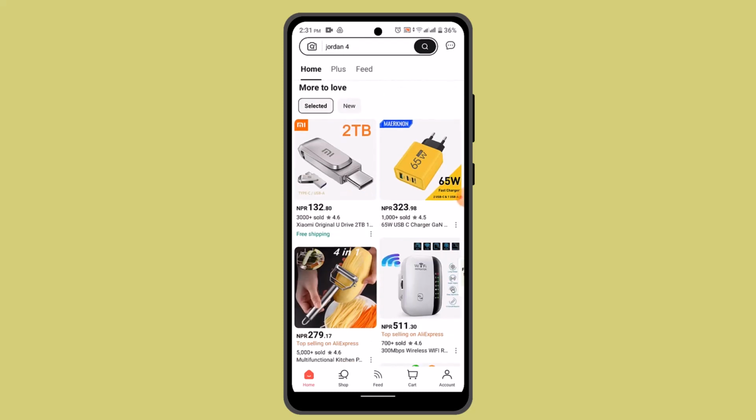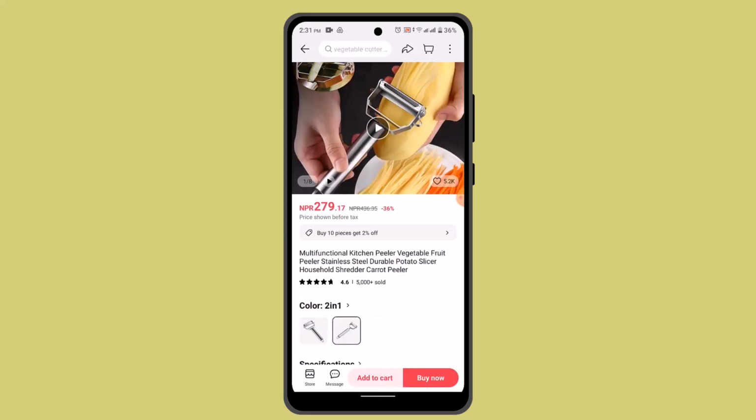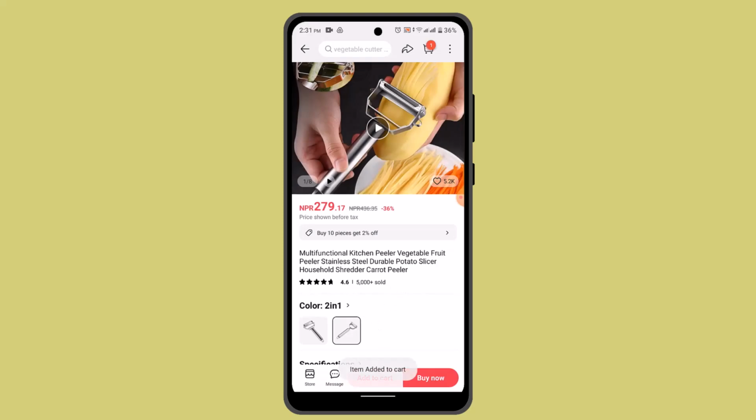Now first thing, you can just go ahead and select the product and add it to your cart. In my case, I'm just going to select the following product and click on add to cart. Go ahead and select the price, quality and all that, and click on continue in order to add it to your cart. Once the following product has been added to your cart, you need to go to the cart page,